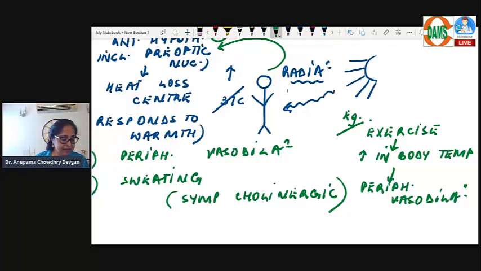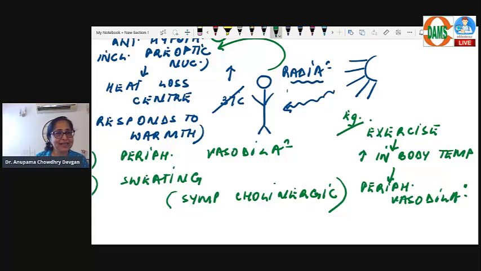Okay? All right. Debashish Bishoy, what are you saying, beta? Does exercise cause heat loss or heat gain? Does body temperature increase or decrease? Debashish, body temperature increases. Uncoupling of oxidative phosphorylation is when there is a fall in body temperature. Have you understood? Right? What is shivering thermogenesis? Heat generated by shivering, isn't it? Muscle activity increases, right? Heat generated by shivering.